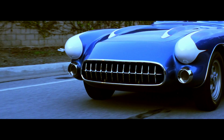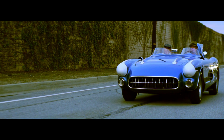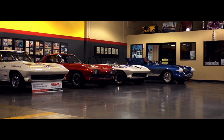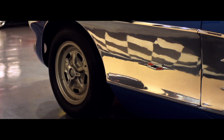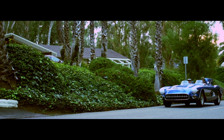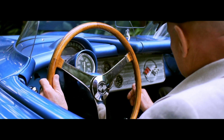The SR2 was the brainchild of Harley Earl. His son was racing Ferraris at the time. Harley Earl, being the head of the styling studio, probably was called into the office of the president of General Motors and said, "Hey, I saw your son this weekend at the track. What's with Jerry driving a Ferrari? If you value your job here at General Motors, I highly suggest he starts driving an American car, preferably the